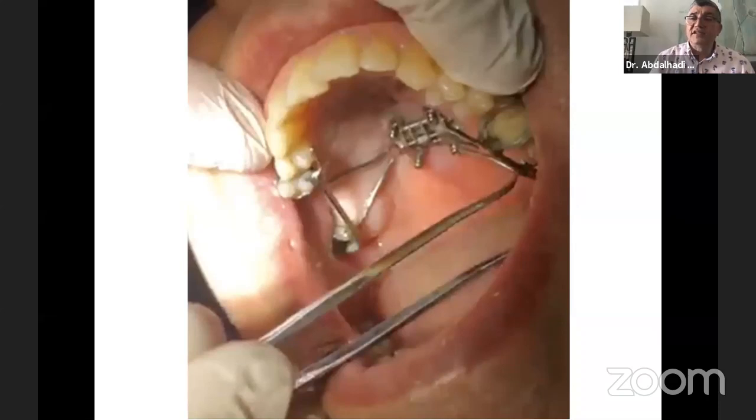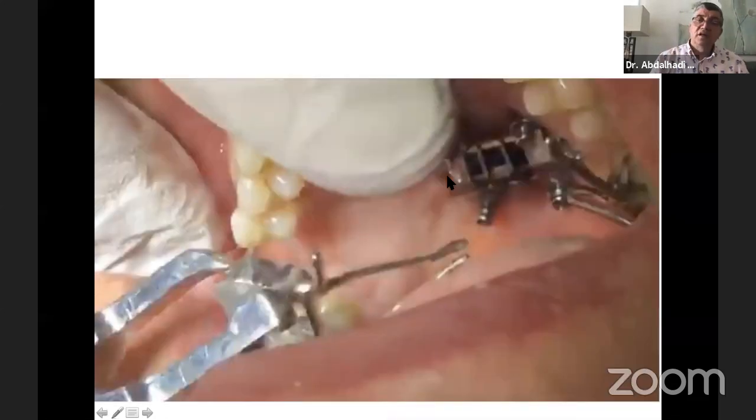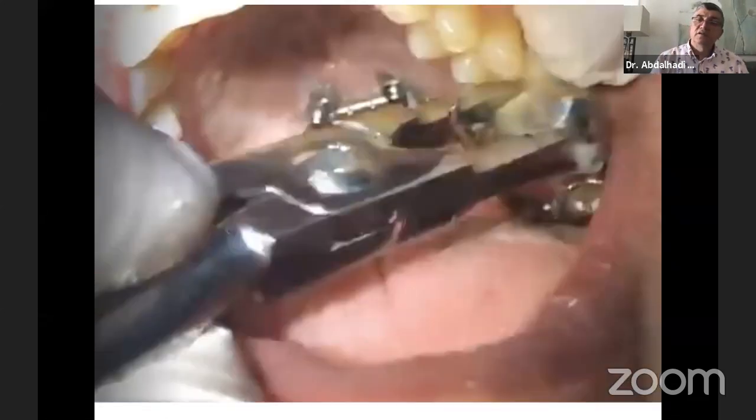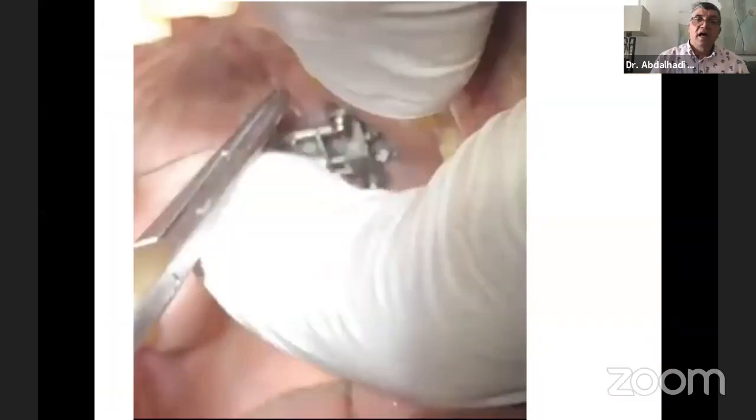So after 4 days, because he is leaving back to Holland, I cut the Marpe arms on both sides, and I remove them. You see left side, right side. And now it is the Marpe without any hands or arms. And I put the ligature. You see here, I am ligating it.